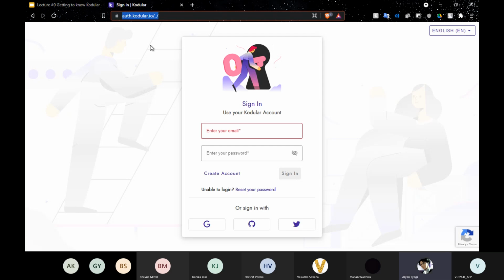Is everyone on the website now? You can confirm by raising your hand. There may be some error coming up. You just have to refresh. Keep on refreshing the page, and then cordular.io will open. I'm done signing.